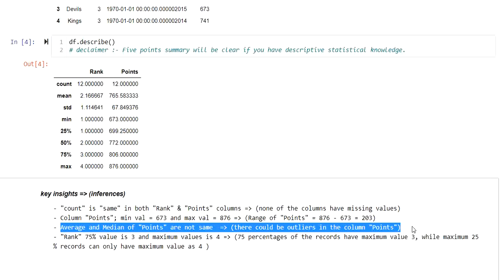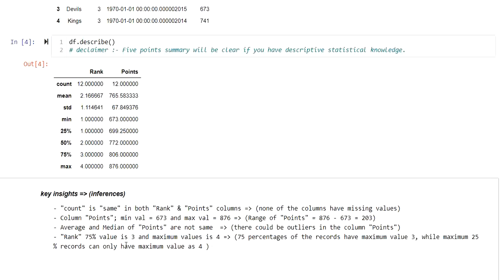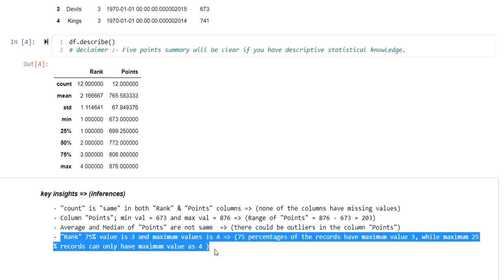Okay, let's take the last of the key observations that I made, and I can draw some inferences out of it. The rank column has a 75th percentile value of 3 and the maximum value, the 100th percentile, is 4. What can I conclude out of it?